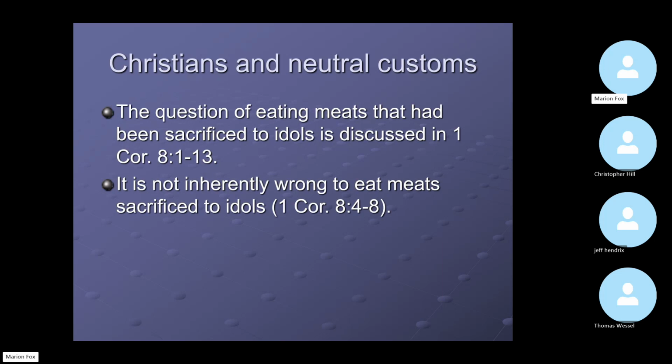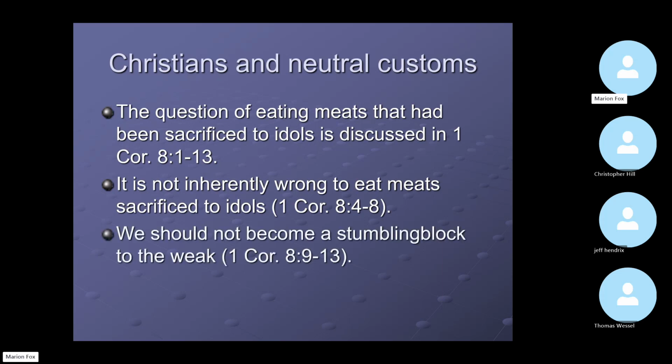But the Jews, however, were told not to eat this meat under the law of Moses, probably because they weren't mature enough to separate out the fact that it was just meat. And so they probably were thinking they were worshiping that idol whenever they ate that meat that had been sacrificed to idols. That's most likely what the problem was. But anyhow, he does tell us in 1 Corinthians 8:4-8